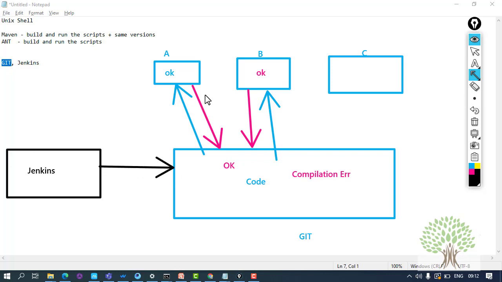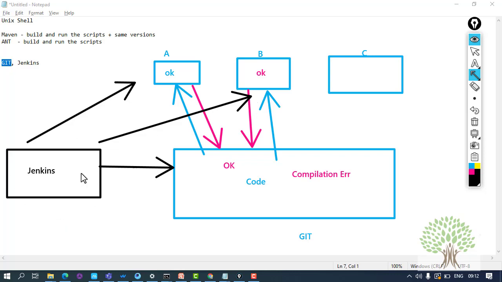As soon as any team member puts the code on Git, Jenkins will compile, run or build the code. And if anything goes wrong, if any error is there, it will inform every team member via email.